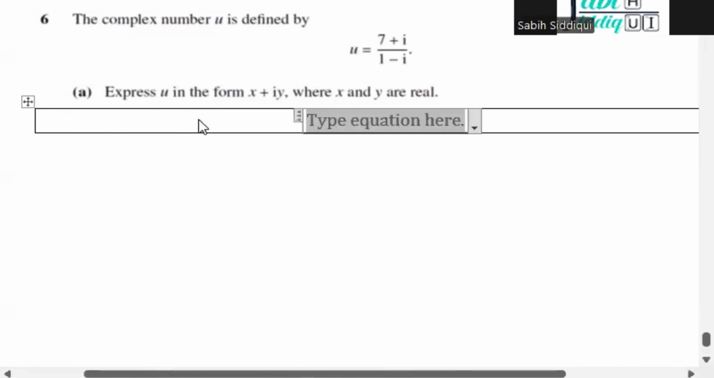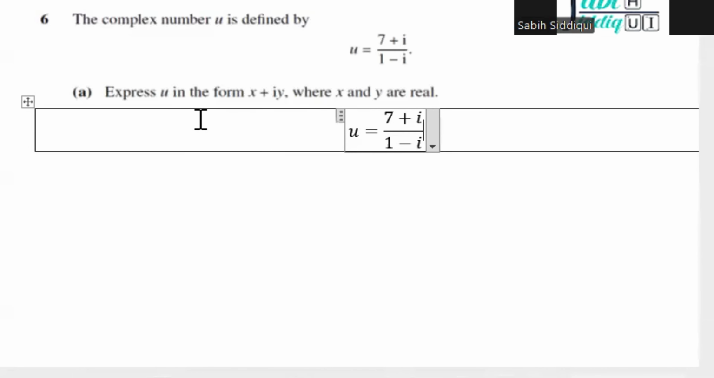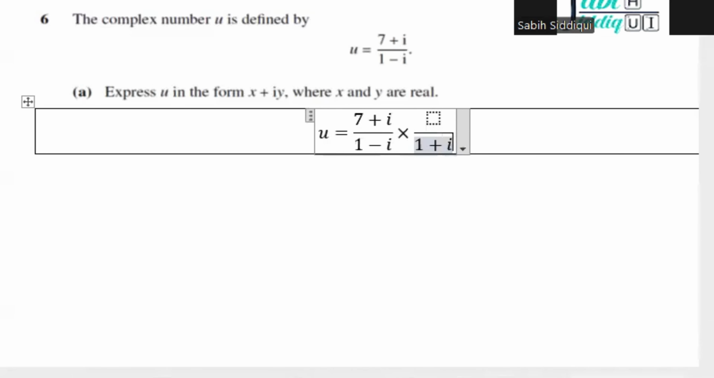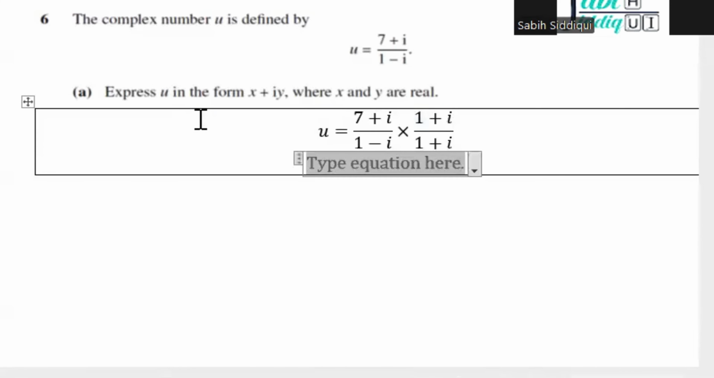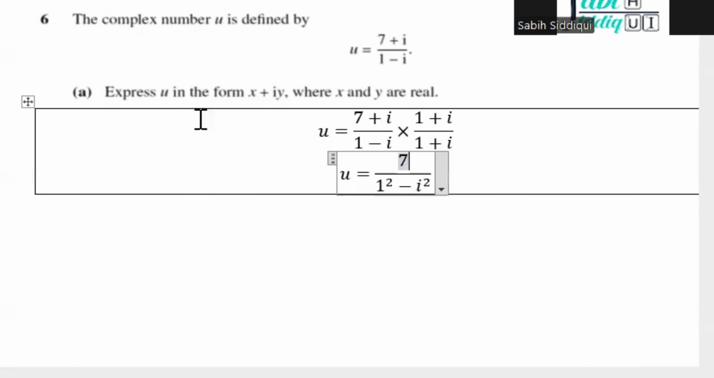हाँ, सर्ड्स में भी इसी तरह करते थे। So in this one as well, 7 plus iota upon 1 minus iota. क्या करेंगे? डिनोमिनेटर के कॉन्जुगेट 1 plus iota से we want to multiply the denominator, तो न्यूमरेटर को भी इससे करेंगे। सो डिनोमिनेटर तो बन जाएगा 1 का स्क्वायर माइनस iota का स्क्वायर, ऊपर मल्टीप्लाई करो 7 plus iota plus 7 iota plus iota स्क्वायर।